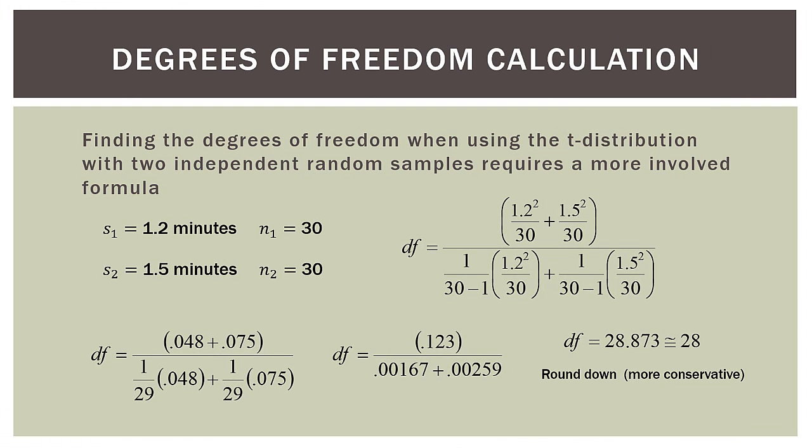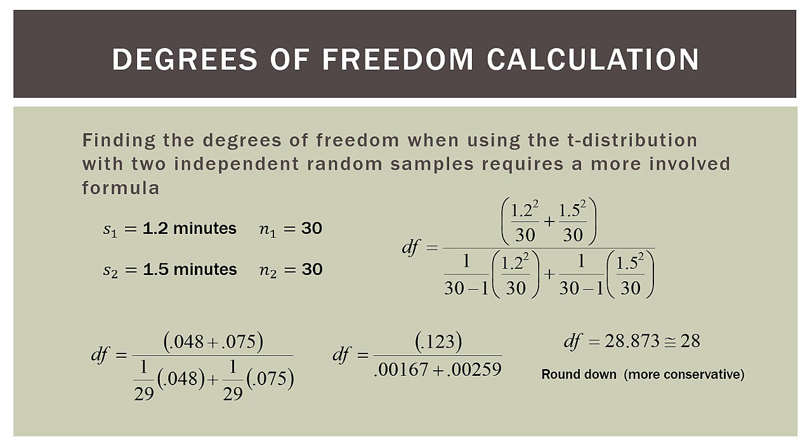Let's go ahead and find our degrees of freedom for the call center problem we are using. S sub 1 was 1.2 minutes, that's our first sample standard deviation, and our N was 30. For call center 2, we had a standard deviation of 1.5 minutes, also with a sample size of 30. All we have to do is insert that into our degrees of freedom formula over here on the right, do a little bit of math, and we come up with the degrees of freedom of